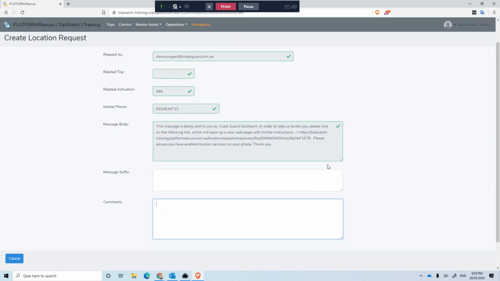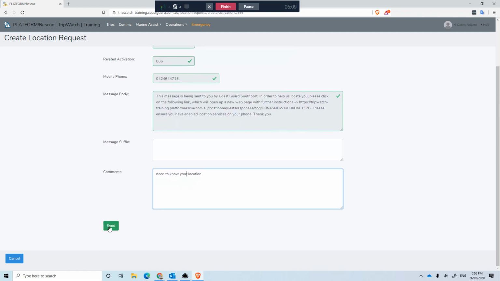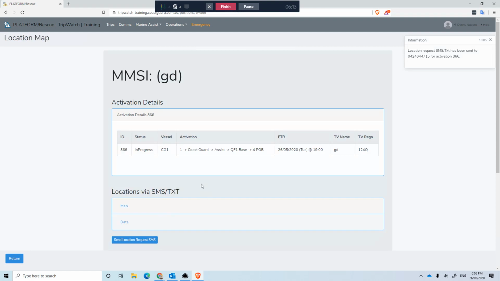In this particular example, in TripWatch, we then need to add a comment to this. Need to know your location. It does help if you spell it correctly. And I then send. We have just sent a text message to the vessel, who then can respond